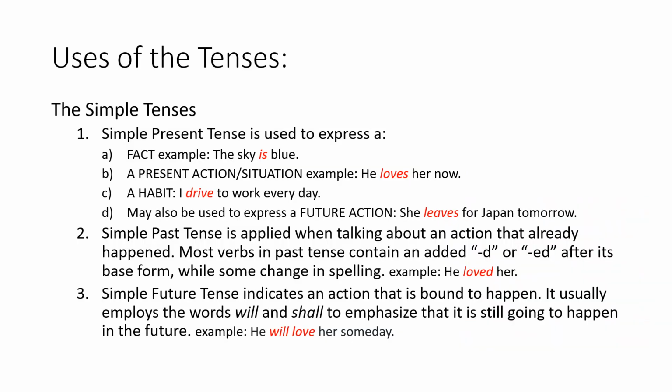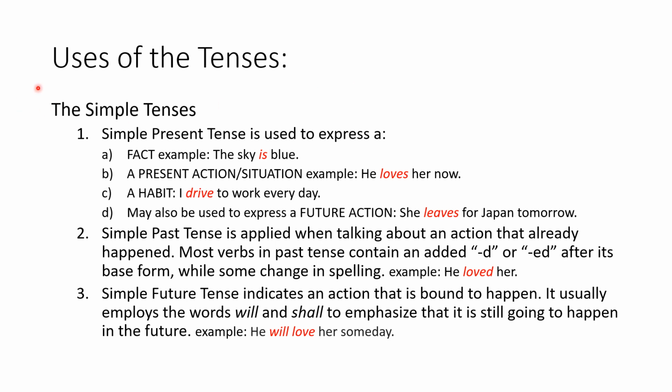Now that you know how to form the different English verb tenses, let us discuss the uses of these tenses so that when you write and when you speak in English, your sentences would sound or appear grammatical, and when you use more complex structures or forms, you would also give the impression that your level of proficiency is advanced.